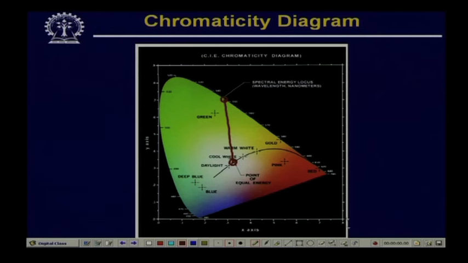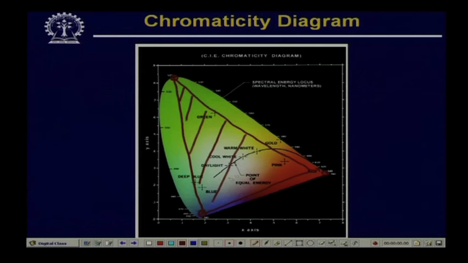Now, just to mention, as we have taken red, green and blue as primary colors, in this chromaticity diagram, if I consider this point to be the green point, this point the red point, and the blue is somewhere here, and if I join these 3 points by straight lines, what I get is a triangle. So, by using this red, green and blue, I can generate, as we have just discussed, all the colors which are present within this